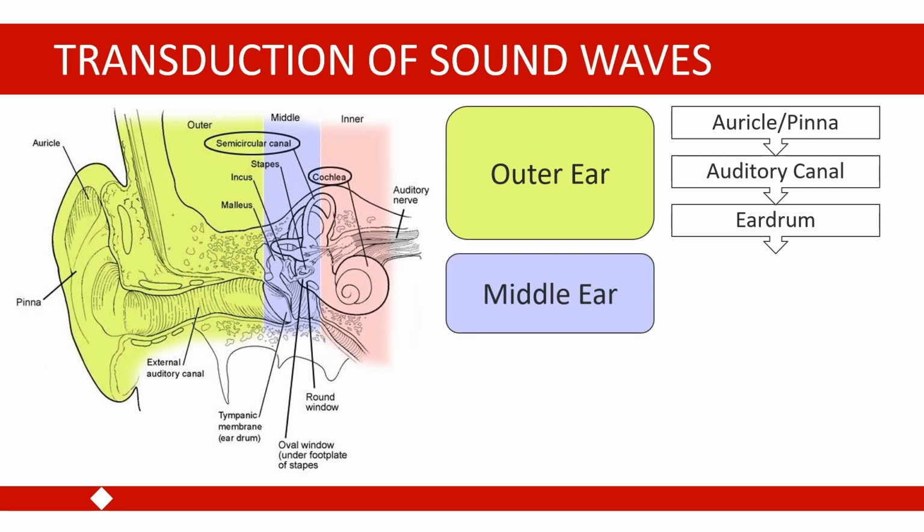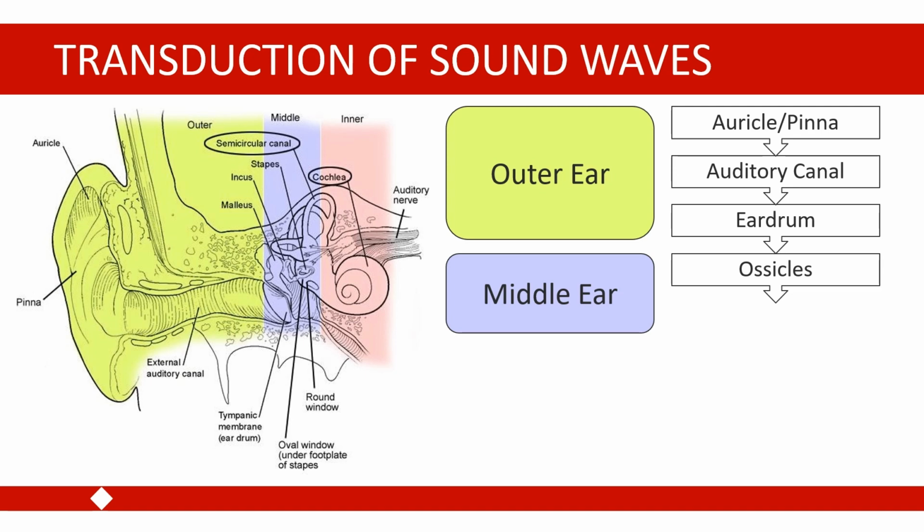The next part of the process occurs in the middle ear. So in the middle ear, these vibrations are going to be transmitted through a series of bones that are called the ossicles. The first ossicle in the middle ear is called the malleus, or the hammer. The malleus is caused to vibrate by the vibration of the eardrum. The malleus vibration then hits the incus, or anvil, that is the middle ossicle of the middle ear, and the vibration of the incus is then going to cause the vibration of the third and final ossicle, which is called the stapes, or the stirrup.